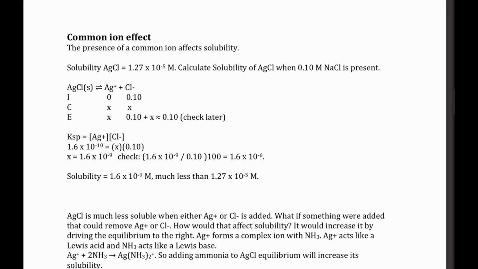So the paragraph at the bottom: silver chloride is much less soluble when either silver ions or chloride ions are added. What if something were added that could remove the silver ions or the chloride ions? How would that affect solubility? Well, if something is removing those, then it would cause the reaction to go toward the right, and that would